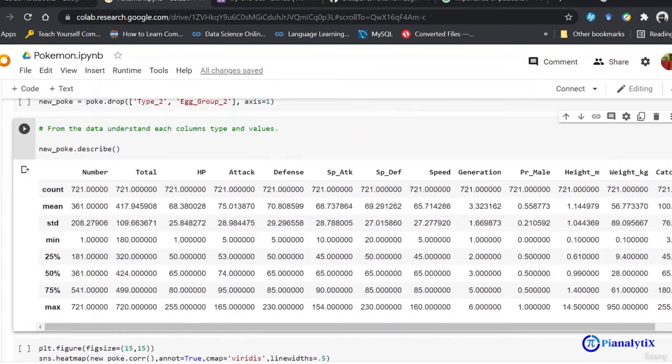Now why I'm asking you to emphasize this is because if all the columns have similar ranges, then it's good. But if they don't have similar ranges, then you have to standardize or normalize some of the columns. Standardizing the data is basically making a range in which all of the columns, with all of their different values, can fit. And normalizing is basically changing your range, that is, changing your max and min value.